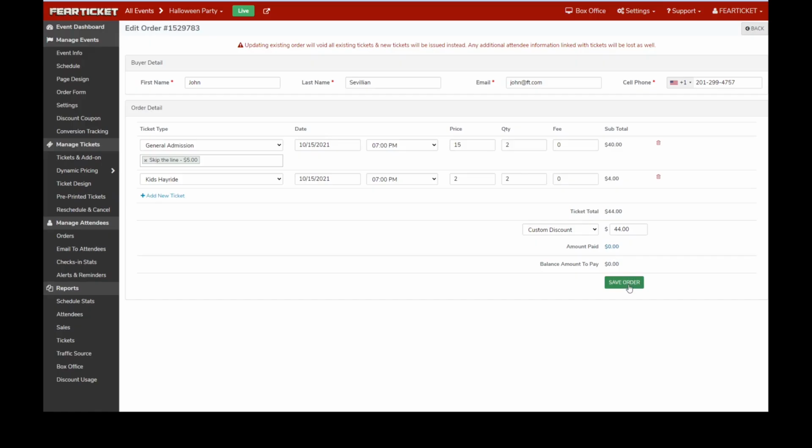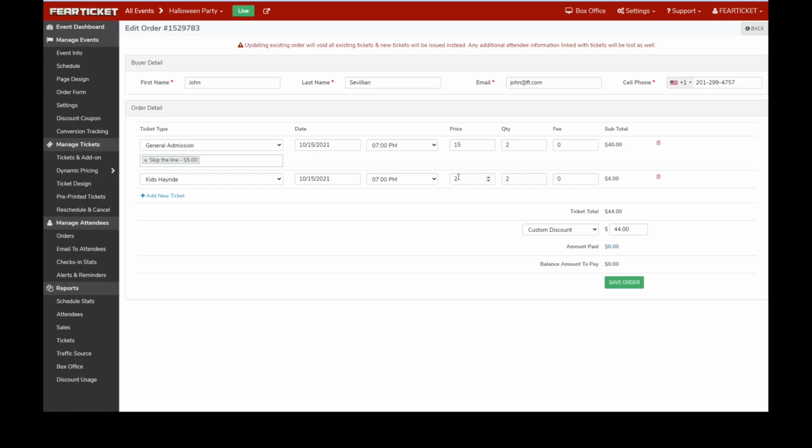Now make sure whenever you make any change in the existing order, it will issue new tickets to the ticket buyer, and whatever existing tickets were already purchased, all those tickets will be void and no longer valid for the scan.